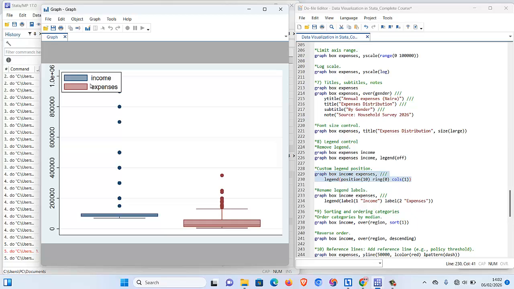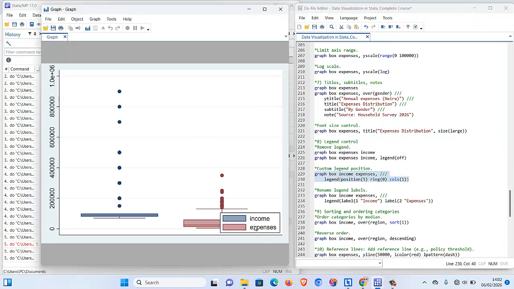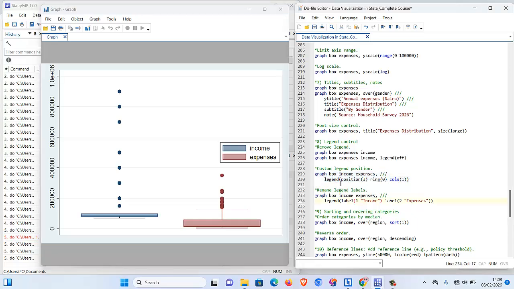Execute. You can see where 10 puts my legend. So if I want to position it in the middle, then I can change this to 5. Now let's see where it takes it to. Okay, it takes it down. So that means 3 will take it somewhere. Let's see. You just modify it and you get your desired results. You can see where it puts it now. So in case you want to modify the legend or you want to remove it, these two codes achieve that